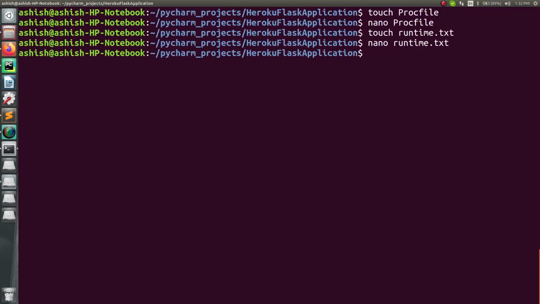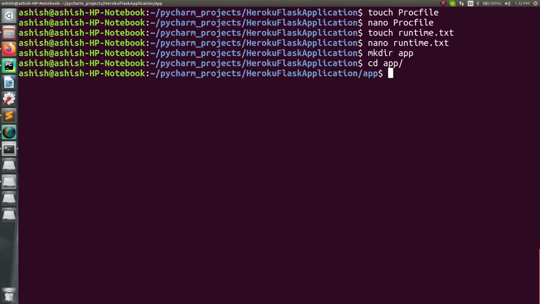After that what I have to do next is write a program, or let's say create my Flask application. For that let me create a directory, and that directory will be app, and I will shift inside that. Inside this I will be creating my main application, inside which I will have the complete routings for the Flask project. So let me move inside. I'm in now, and after that create a new file, and that will be main.py.